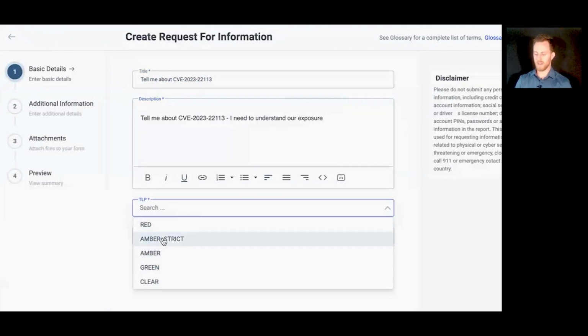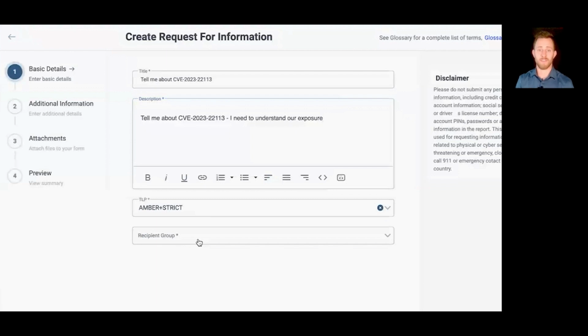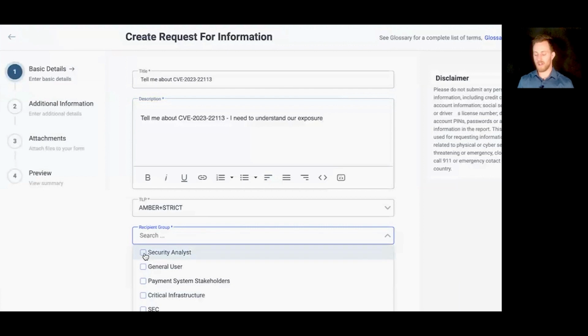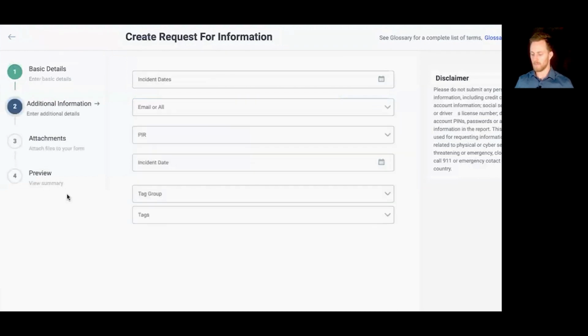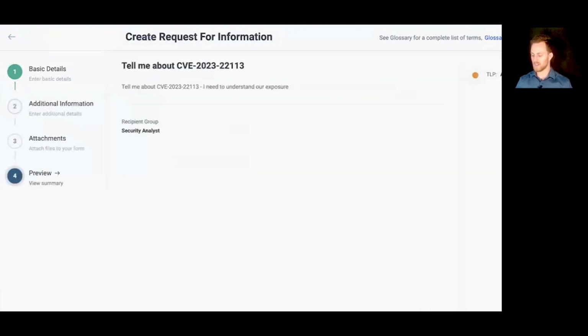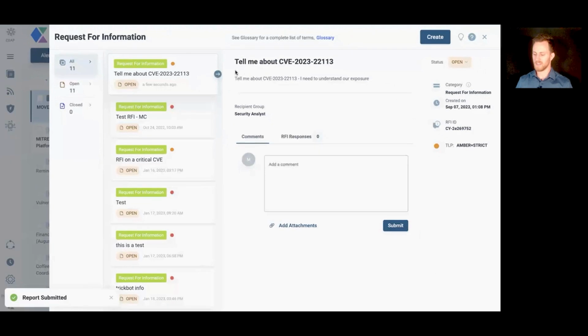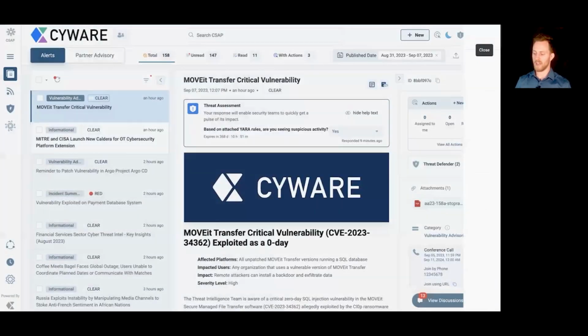And TLP, I'll call this Amber Strict. If I'm leadership, I probably want to keep this RFI within a certain group, right? And recipient groups, if I want to go ahead and redistribute this RFI back out to anybody else, I can do that as well. All said and done, though, I can send this off, and my analysts will receive their RFI over on the